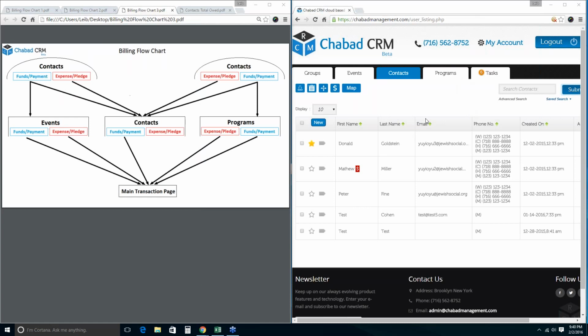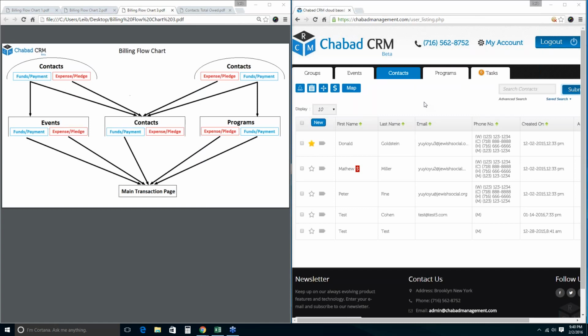All they put in is just the donations and just contacts, and then at the end of the year they export an Excel sheet with all those pledges, and that's all they use it for. It's very simple, straightforward. One of the reasons why a lot of people like to use it just for that is because